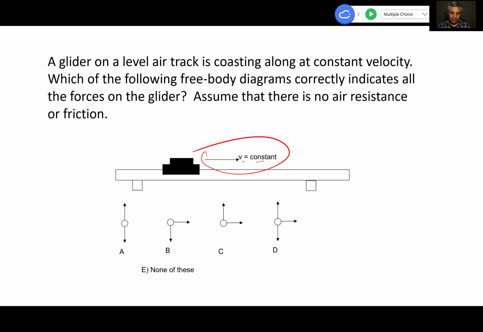Now your job is to figure out what forces are acting on the object. Here it says, assume there is no air resistance or friction. Okay, so here the air track has this special setup where a tiny bit of air comes out straight up and lifts the object slightly so that friction becomes negligible. Okay. So with that said,